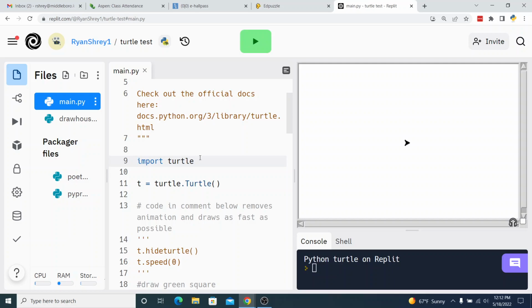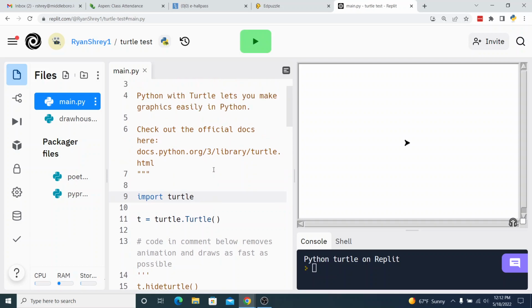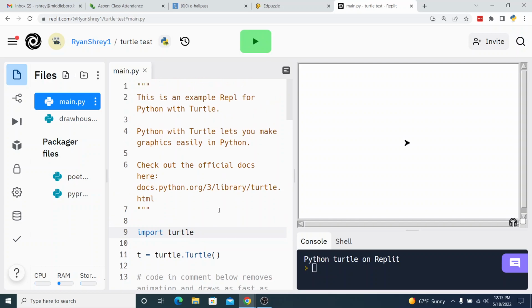Hi everybody, in this video I'm going to show you how to use Turtle to create graphics in Python. Turtle is an easy way to make simple graphics. It's part of the Python standard library, and there are some great references. I'll show you the basics, but to do a lot more stuff you can look at the official Turtle documentation